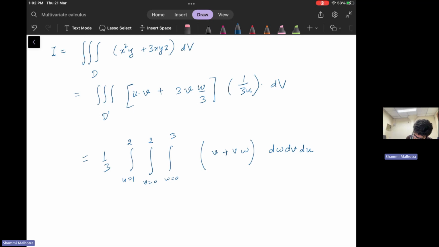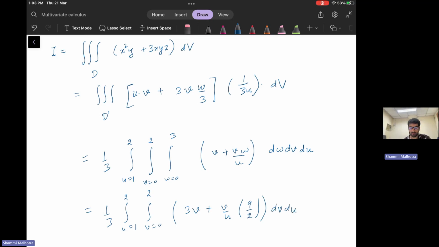So 1 by 3, u from 1 to 2, v from 0 to 2. Since I'm integrating with respect to w, this will be nothing but 3v plus v by u times w, so this is w square by 2. So it will be 9 by 2 only. So when you evaluate this,